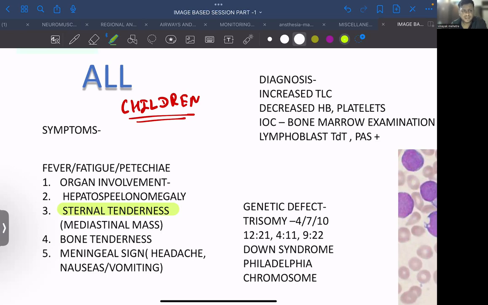Now hepatosplenomegaly, fever, right, pallor, ये anemic के features हैं. That is going to be present there with everyone. ठीक है? Pancytopenia हर एक में होगा. इसमें क्या हो रहा है? Sternal mass. And सब भूल जाओ. If you don't know the answer, mark the answer ALL. That's it. Okay? Any kind of genes, any kind of something which you don't know, the answer is ALL. Always. ठीक है? चिल्ड्रंस में मिलेगा।